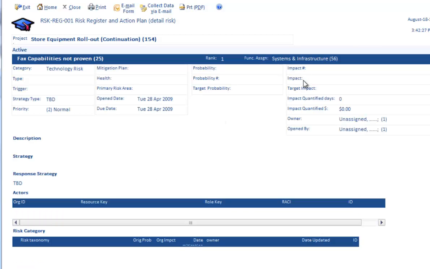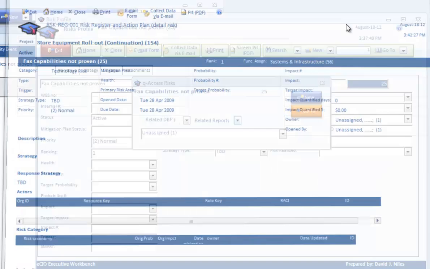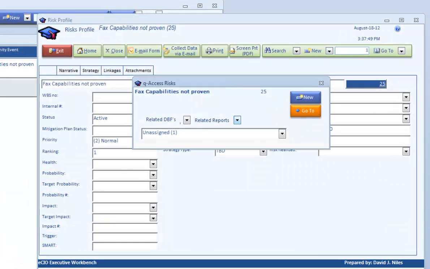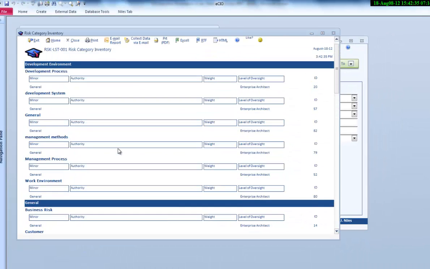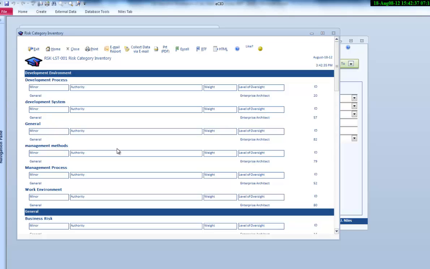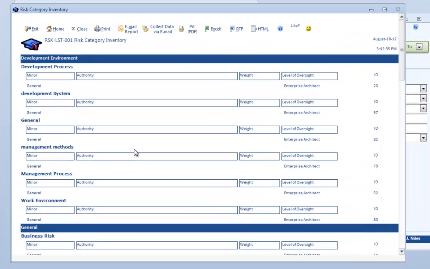So that's the profile. Again, I was talking a little bit about the categories. Here's some of the categories that we have, in fact, in the system. They keep getting augmented, and there's some different ratings on these ones. So for their development environment, development processes, there's some general ones. So these things will continually get